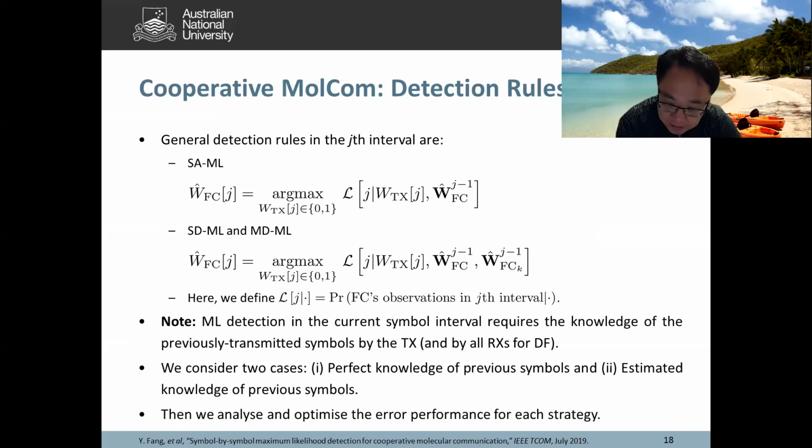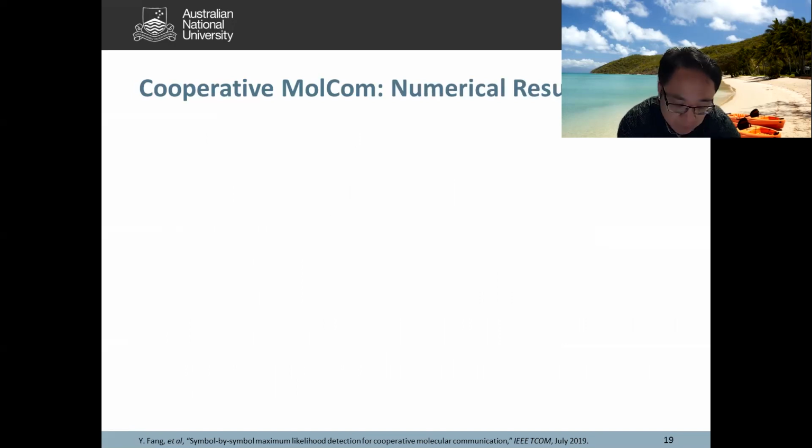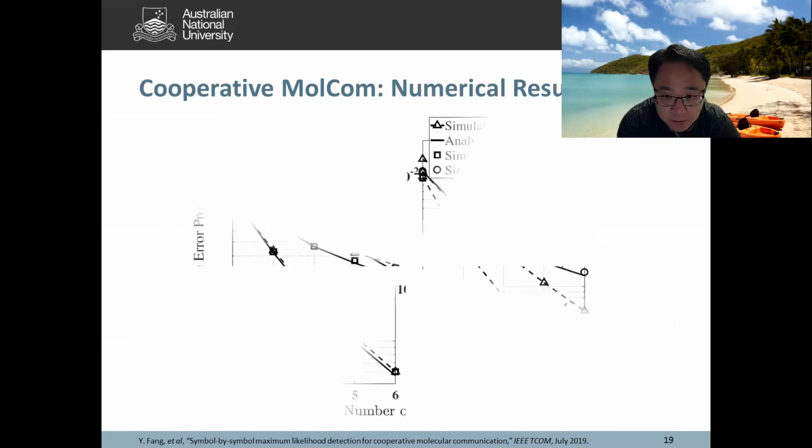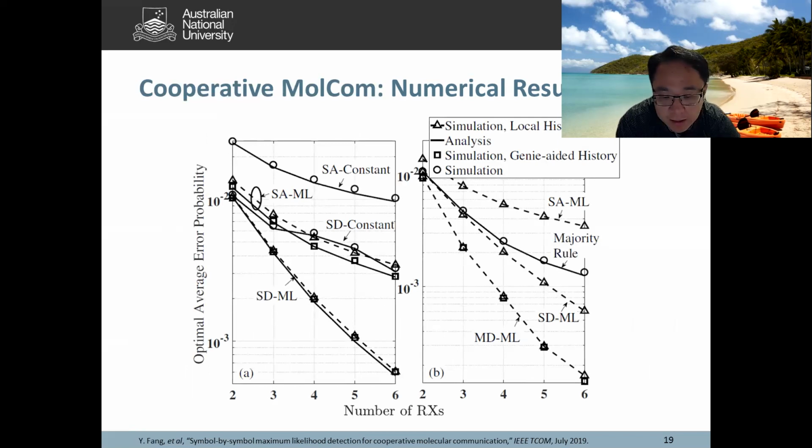And after that, we analyze and optimize the error performance for each of the strategies. Again, it involves complicated analysis and optimization. So here we skip that and go directly to the numerical results. In these numerical results, we plot the optimal average error probability against the number of receivers for these different kinds